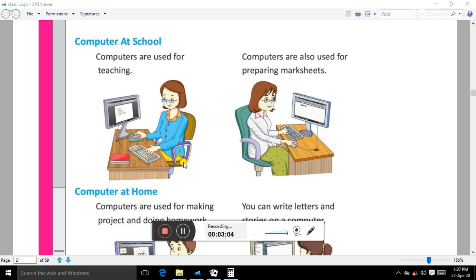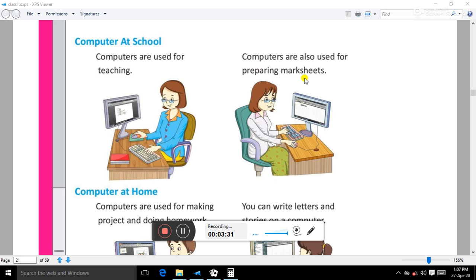Now if we talk about the various uses of computers, these are the places where computers are used. In school, computers are used for teaching and for preparing mark sheets. Computers are also used in the school office for collecting fees and maintaining records, such as which boy is coming from which bus number.